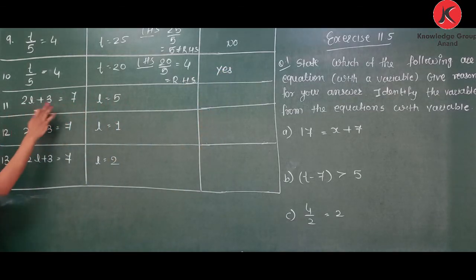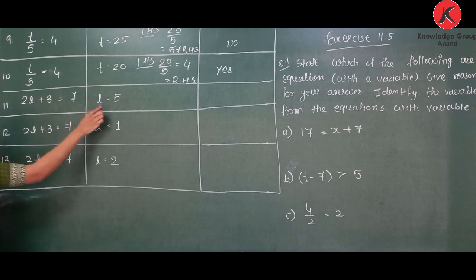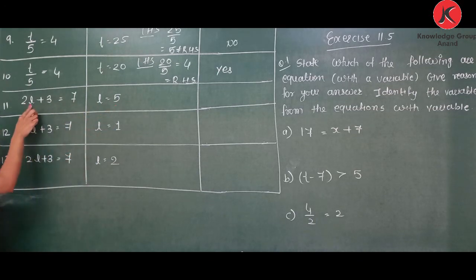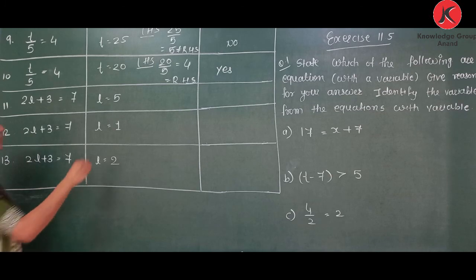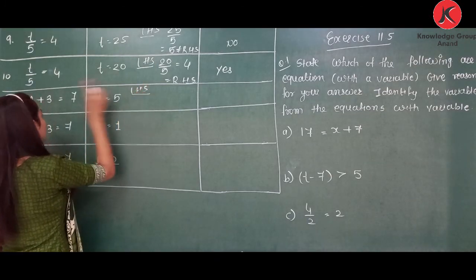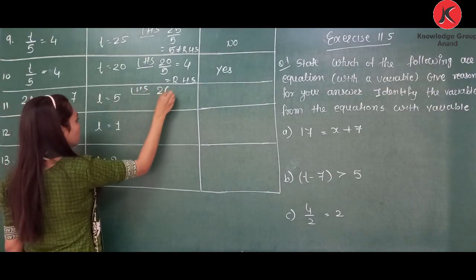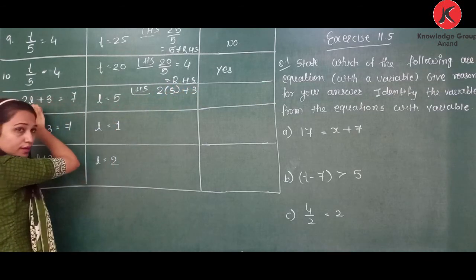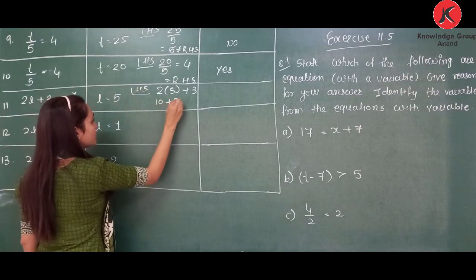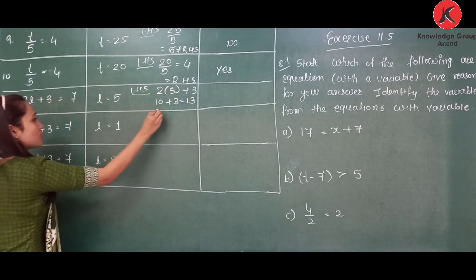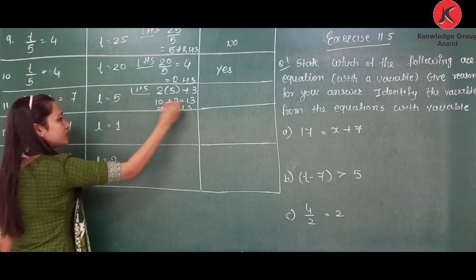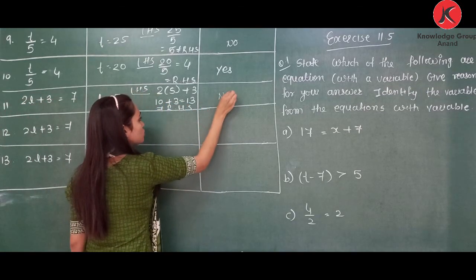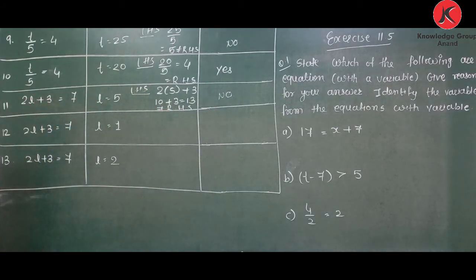Next one, 2n plus 3 is equal to 7. n is equal to 5. So here instead of n, we need to write 5 in the left hand side. And if we get 7, then it is a solution. So let's write 2 multiply 5 plus 3. n is 5, so here we need to write 5. So 10 plus 3, that is 13. Not equal to 7. It means not equal to right hand side. So not a solution. When left hand side is equal to right hand side, then only it is the solution